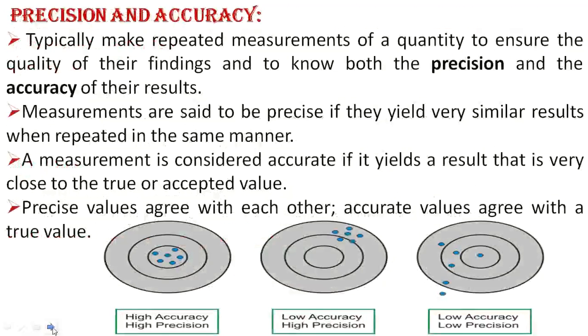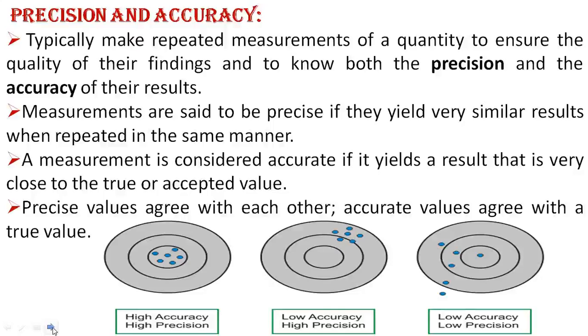Now the next concept is precision and accuracy. When we perform statistical tools for repeated measurement analysis, we have to take these two factors, precision and accuracy, seriously. They are very important when we analyze repeated measurements of data. So we have to know precision and accuracy. Typically we make repeated measurements of a quantity to ensure the quality of the findings, to know both the precision and